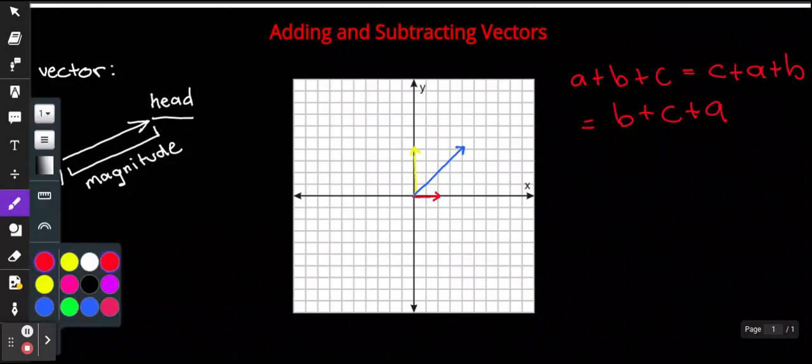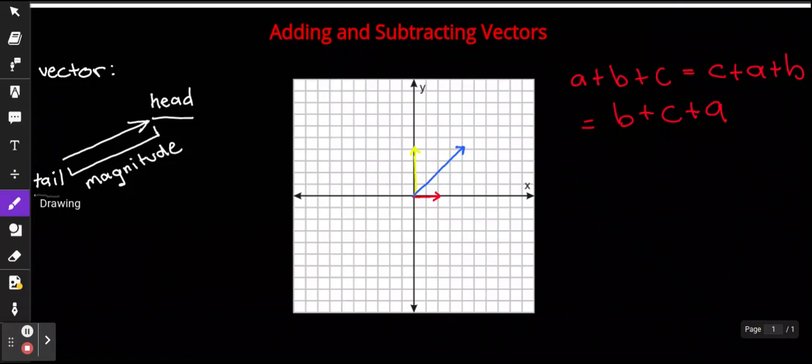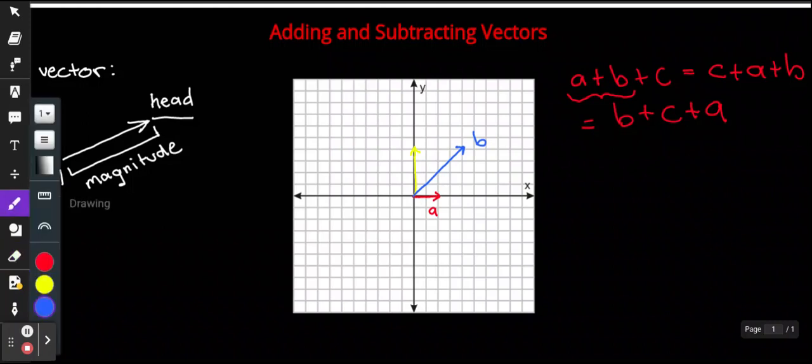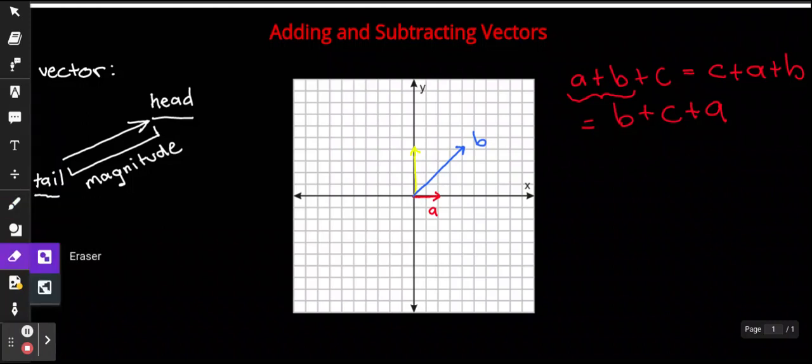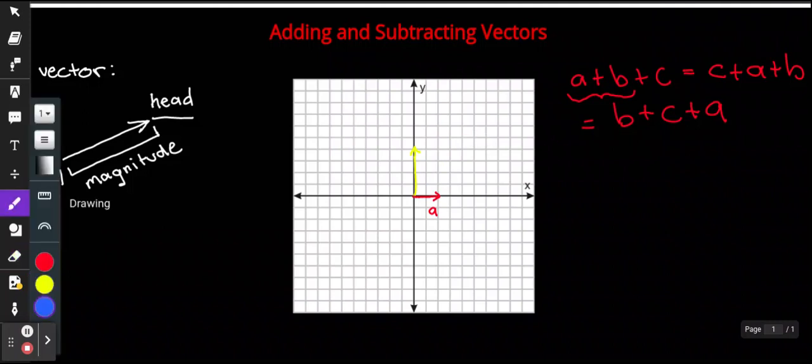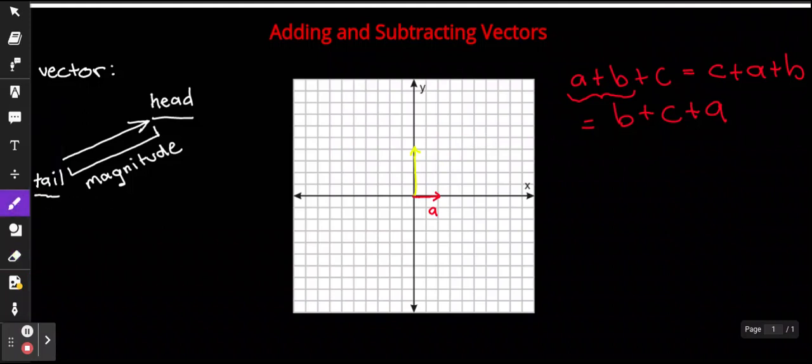So the easiest way to go about this is to choose our A and B and add those 2 together first. So you can choose any of these 3 to be your A and B. In this case, I'm just going to choose the red to be A and our blue to be B. So now I'm going to do end-to-end method on A plus B and redraw that new resultant vector. So starting with blue, I'm going to redraw blue onto the red, like so,